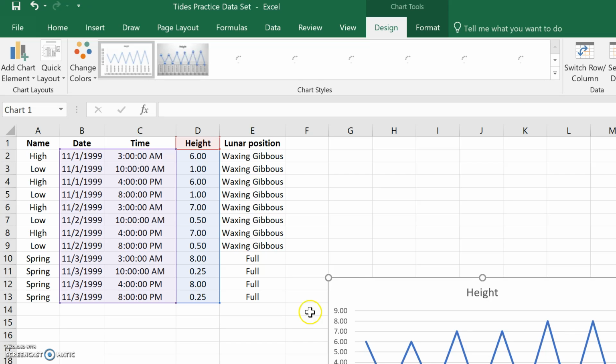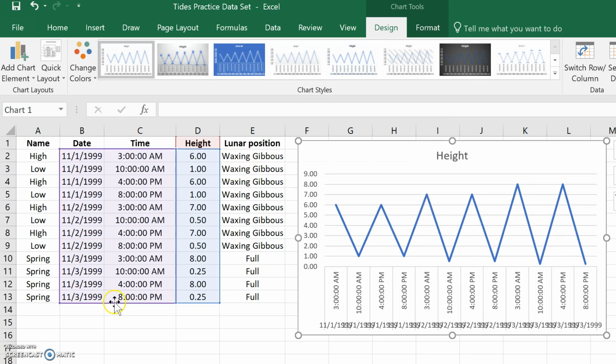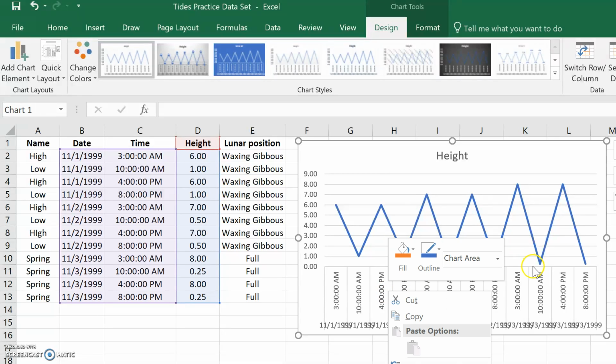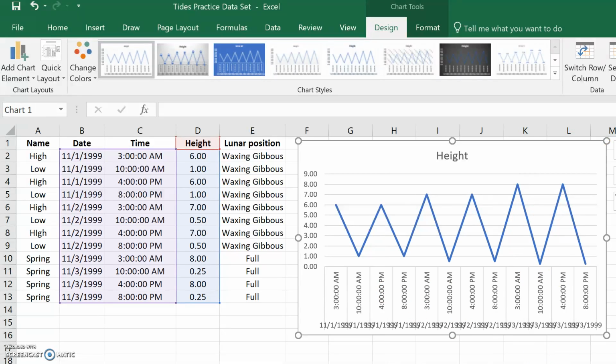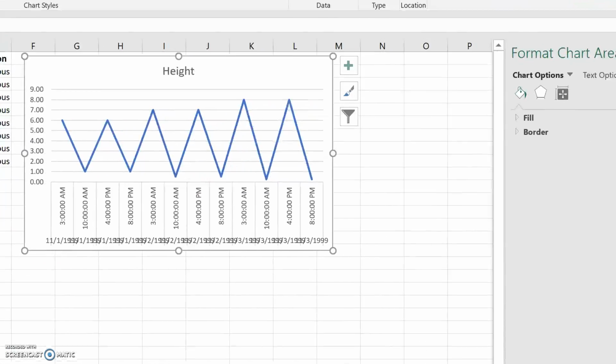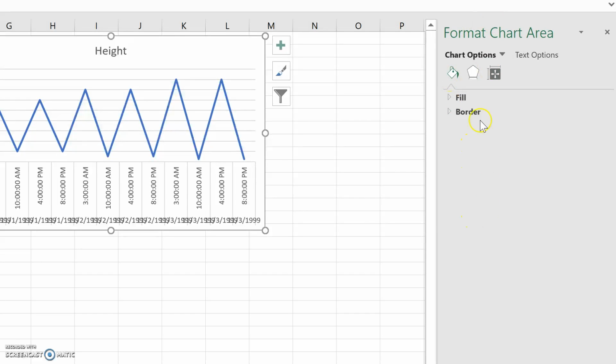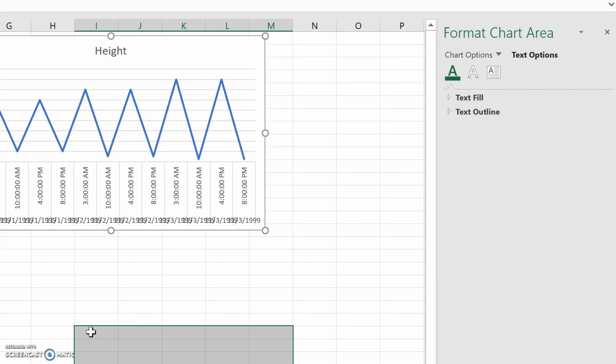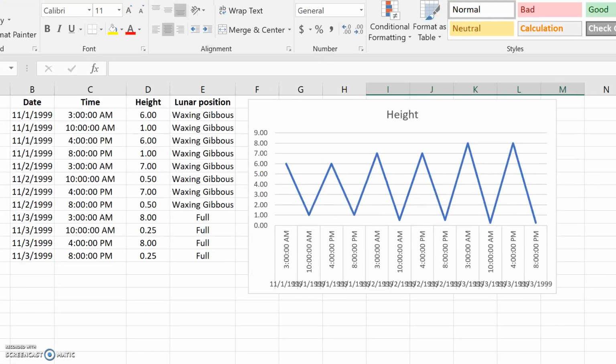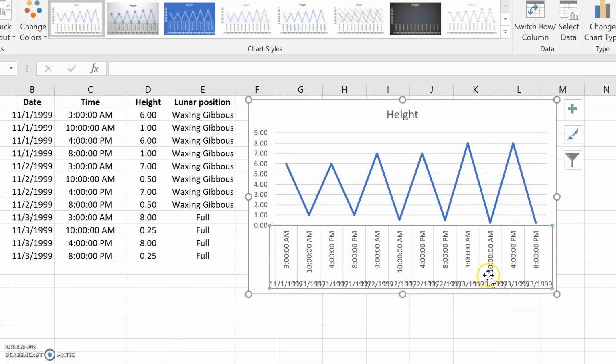And then hit OK. Once you hit OK, you'll see that Excel has used your dates and your times for the x-axis, and it has used your heights for the y-axis just the way we wanted. You'll notice that all of your data down here is very, very squished together. If you double click, you'll get a menu off to the right side that looks something like this. You can look at your text options, and click here and make sure that you're surrounding the labels on the x-axis,